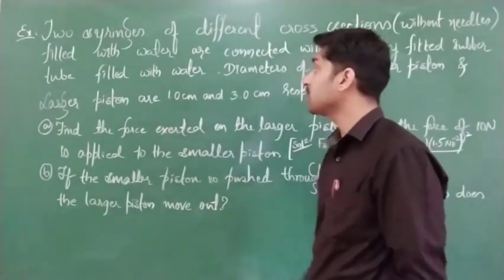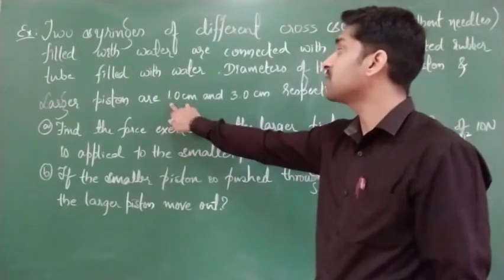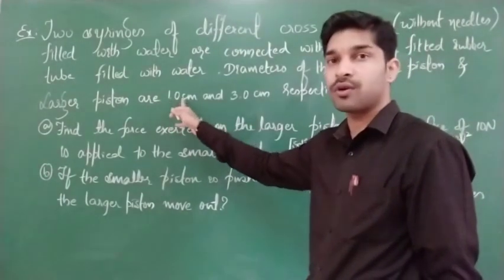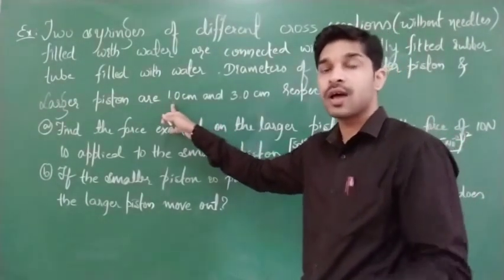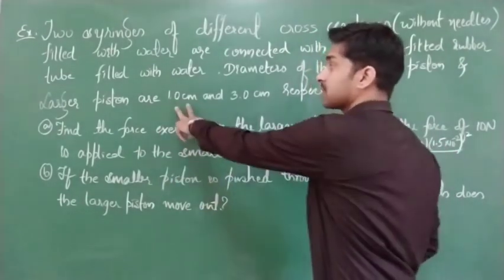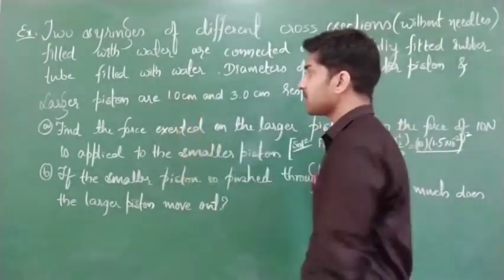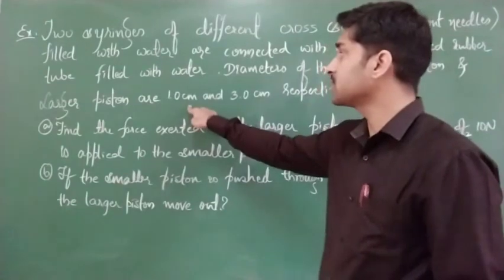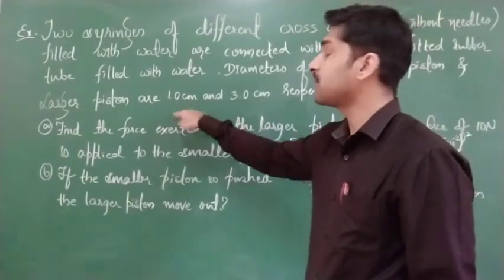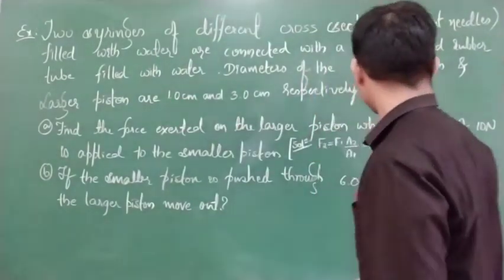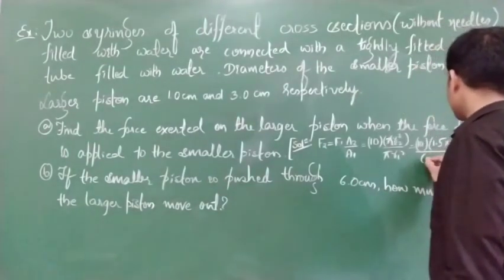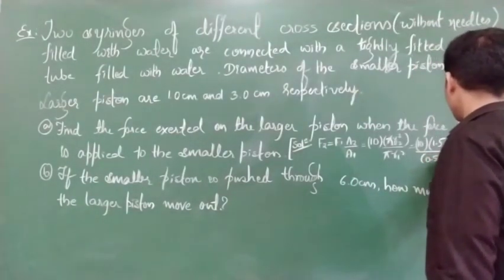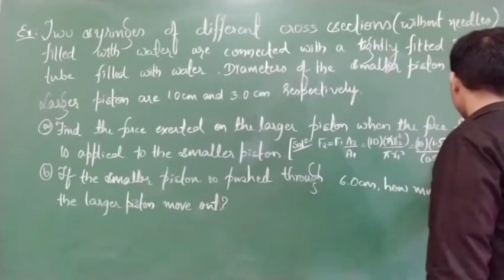Radius means what I can do? If we make two parts in one, it will become 0.5 and 0.5. That means basically half and half. Half plus half gives rise to 1. Clear? So that's why diameter is 1 centimeter means radius is d by 2. That means 1 by 2. Directly 1 by 2 is nothing but what? 0.5. 0.5 into 10 to the power of minus 2 square.